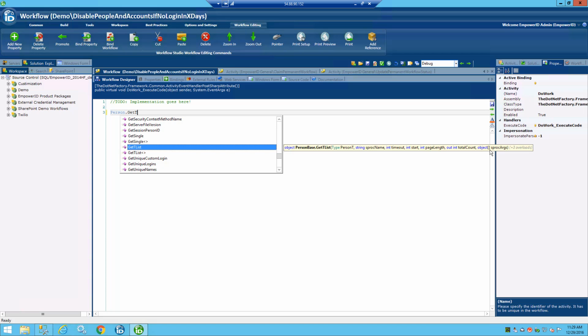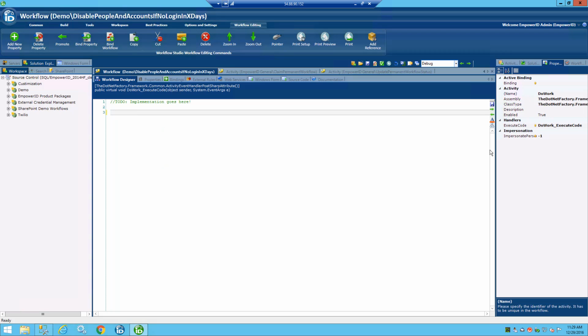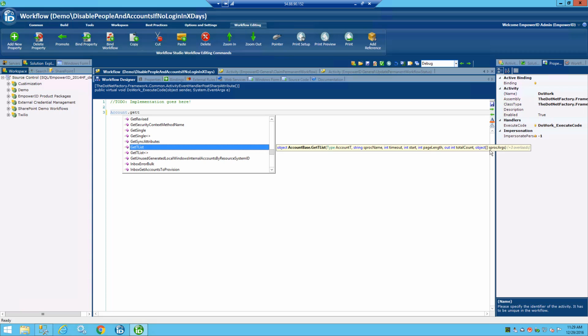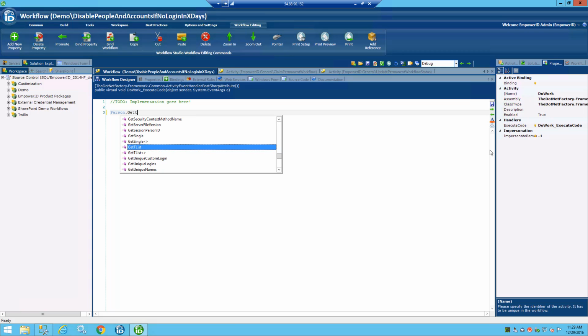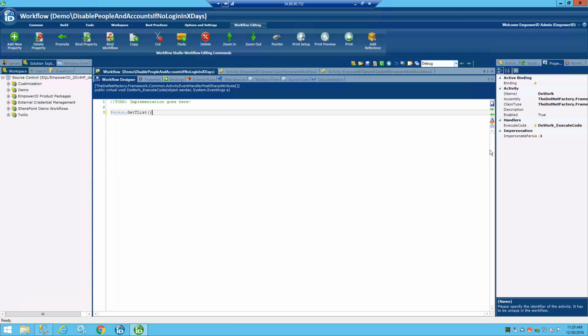Suppose you want to create a stored procedure that returns your accounts, then there's the same method on the account component also. If you go to account dot get tlist, you have the same method on the account component as well. So here, since our stored procedure is returning people, I'm going to go ahead and use person object get tlist, and now you can enter your stored procedure name,